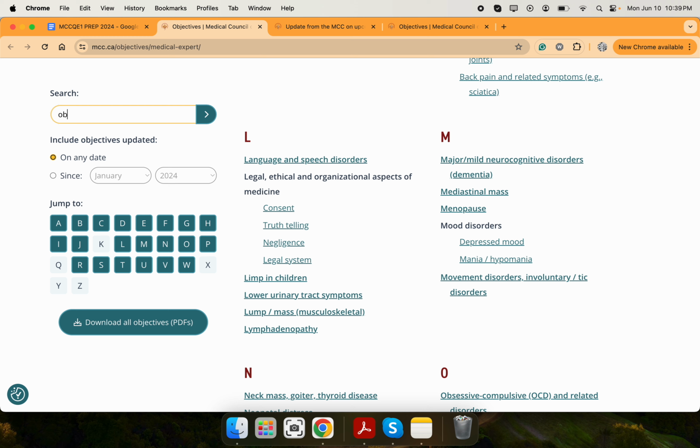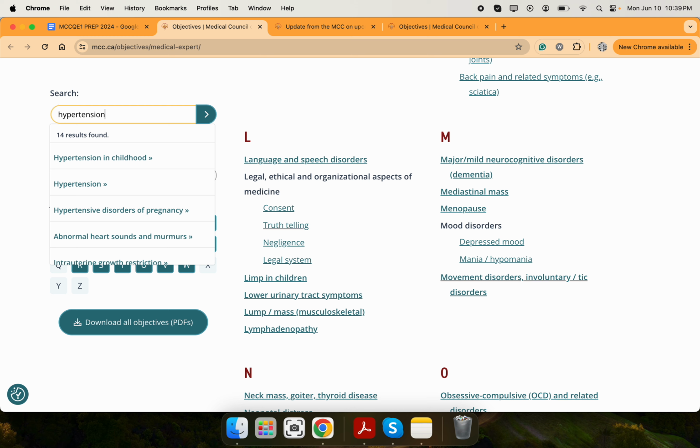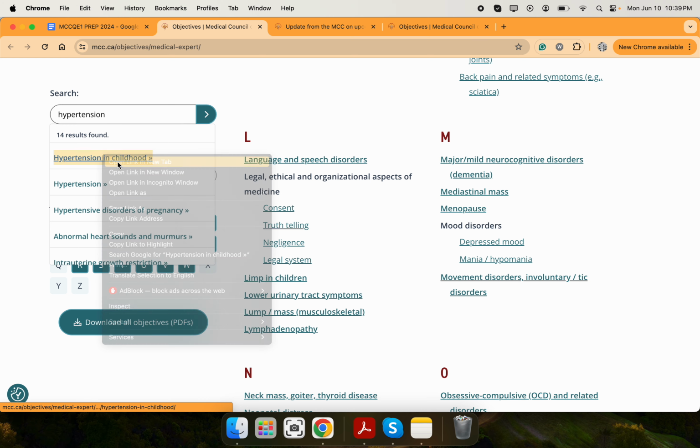Okay, if you are on hypertension, let's take that one. You just write the word hypertension here and see what's coming up in this bar. So you see the topic is coming up as hypertension in childhood. That means hypertension doesn't come only with adults, but you have to know hypertension in childhood too. And then once you open this part,